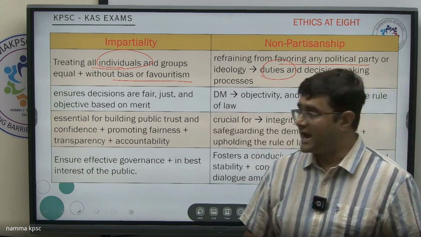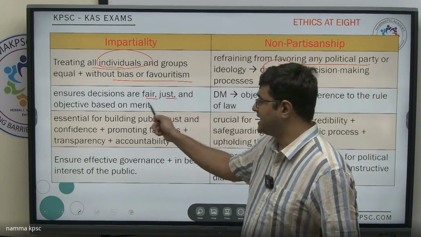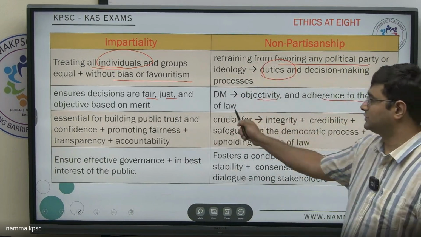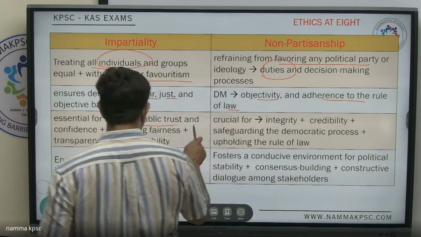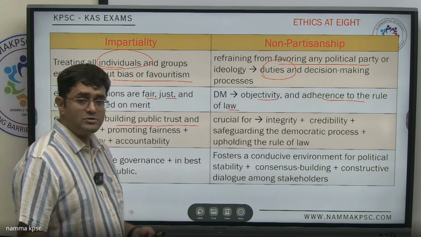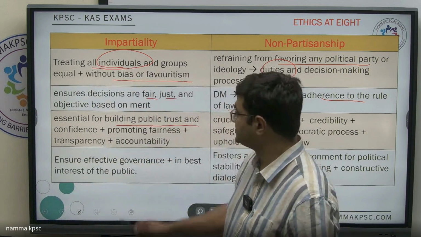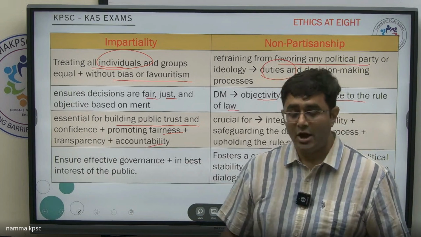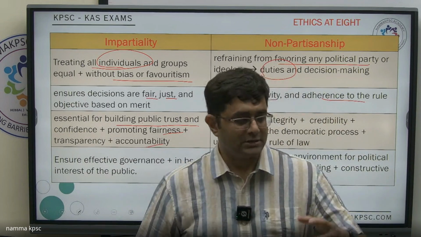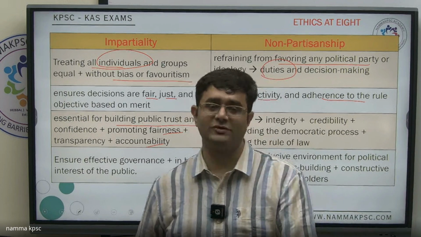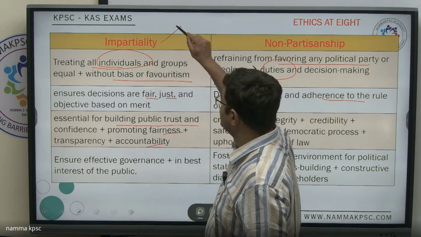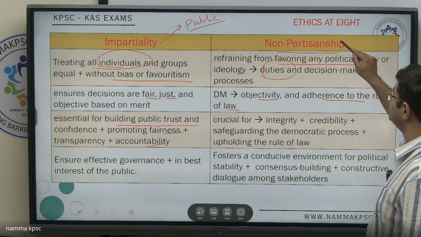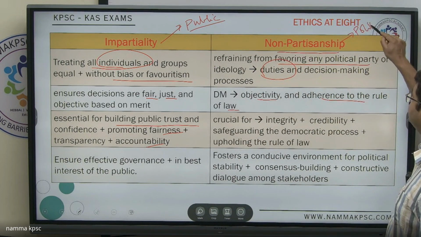Impartiality will ensure that your decisions are fair, just, and objective, and adherent to the rule of law. They are essential for building public trust. When the public knows that your decisions are objective without any bias, they will improve their trust, promoting fairness, transparency, and accountability. On the other hand, when you are non-partisan, the political leaders will have trust in you. So impartiality will ensure the public having faith in the public administrator, and non-partisanship will ensure that the political leaders have more confidence